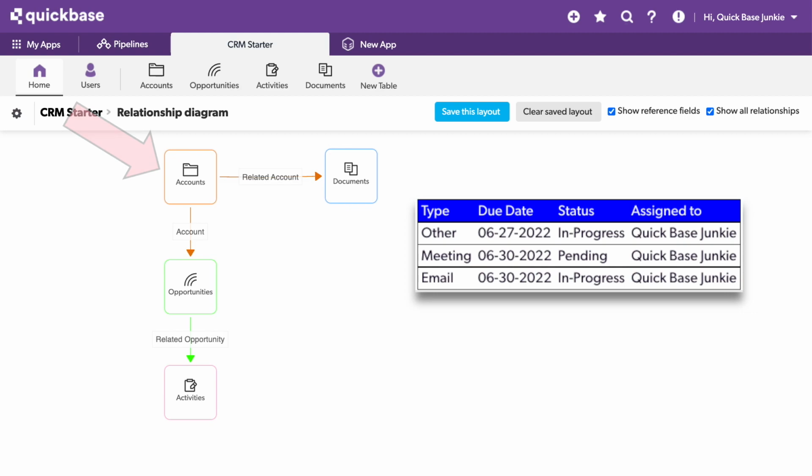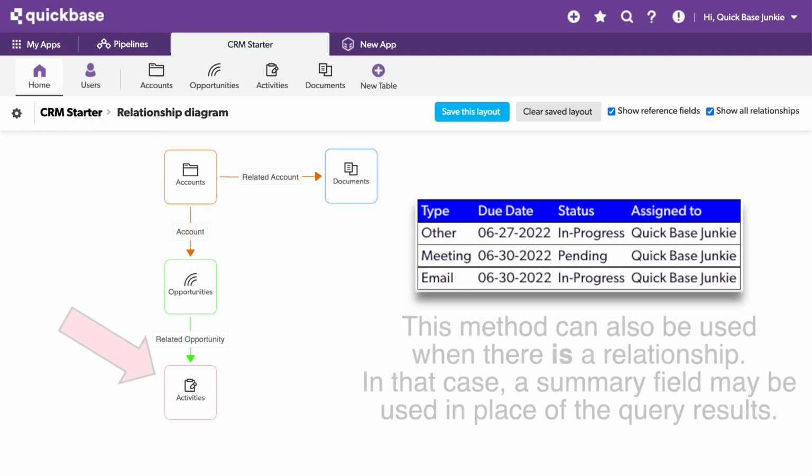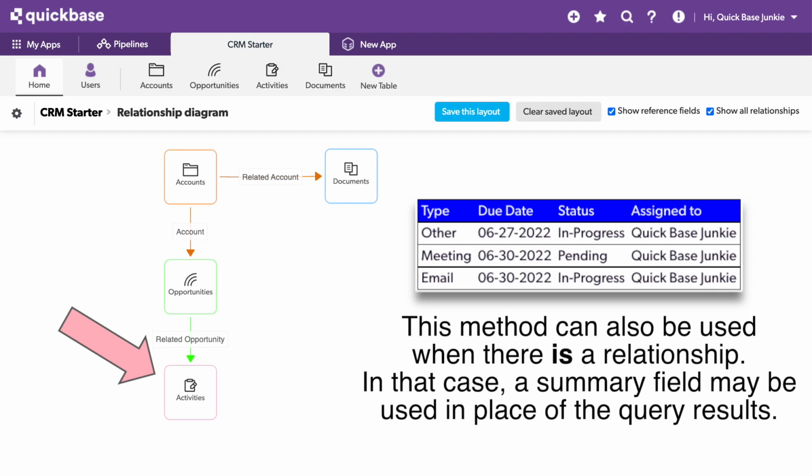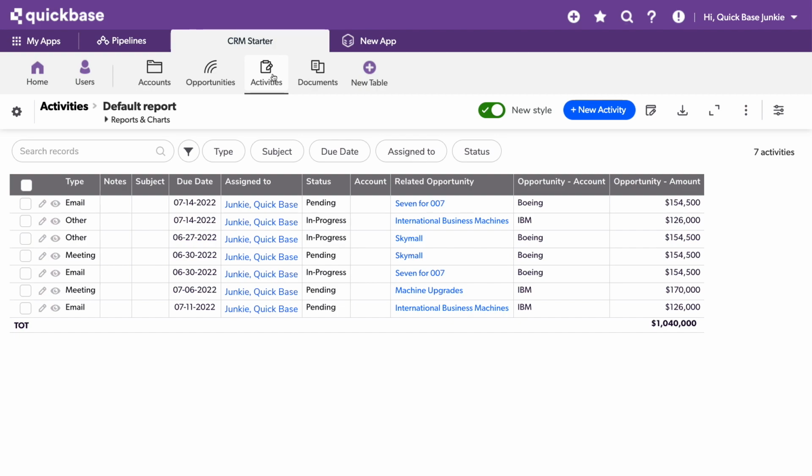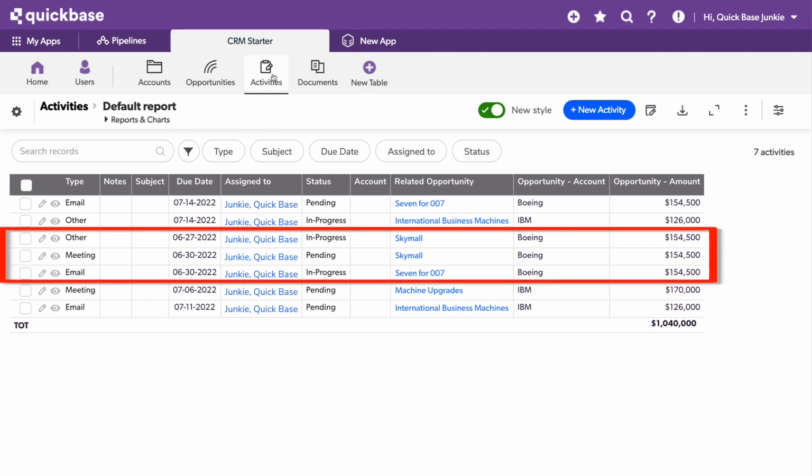That mini query table will be records from the activities table, which does not have any direct connection to the account table itself, which is why we will be using a query. I'll head over into our activities. I believe the default download of this Exchange app does not have any data on the activities table, so I have seeded this with just a bunch of random tasks, making sure to show some are past due. We'll be pulling those past due tasks up onto that account report so we can see immediately what tasks need